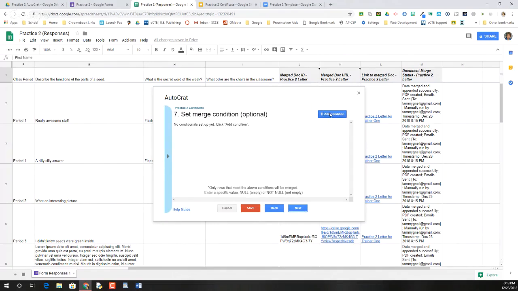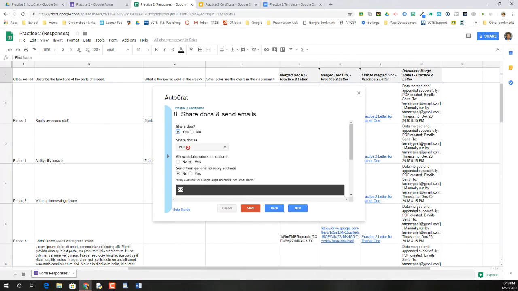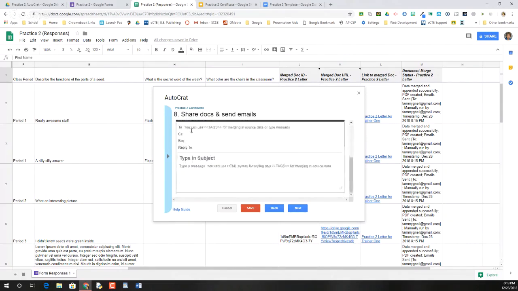Let's see. Merge condition. When the timestamp is not null, and I'm going to click Next. Do I want to share the docs? Yes, I'm going to share them as PDFs. Allow them to reshare? Sure. Send from a generic no reply address? Yep. Next. And here I'm going to come in here, choose my tag,